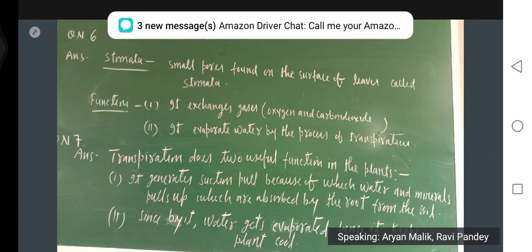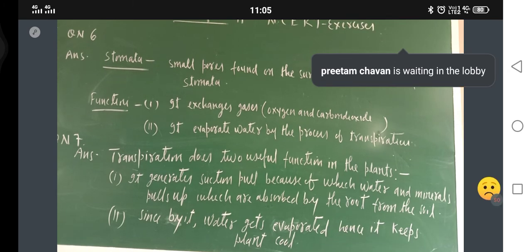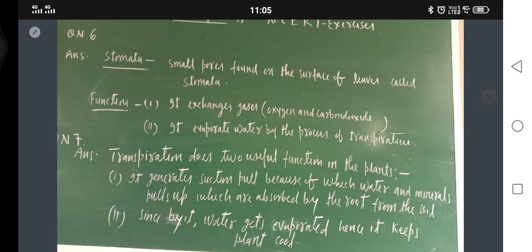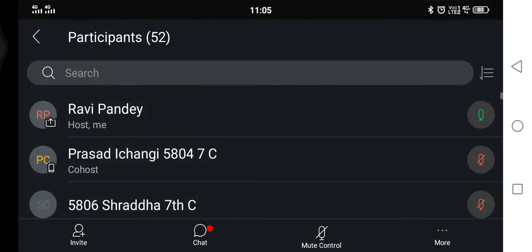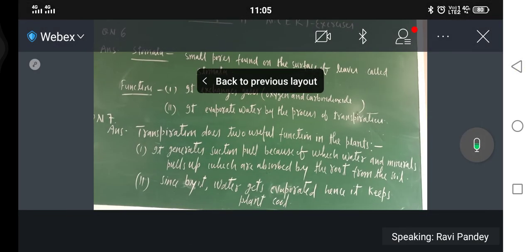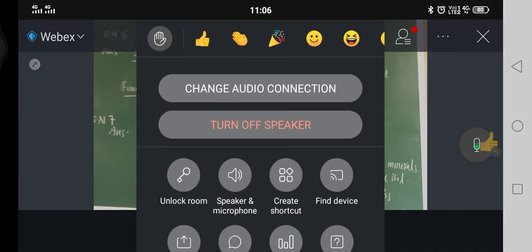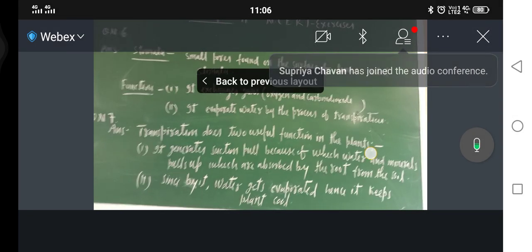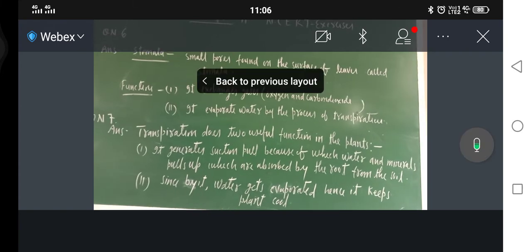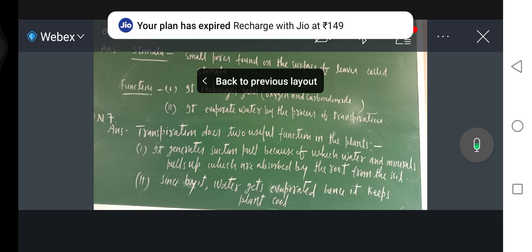Sir, when we get hurt, platelets come and clot that place. What tells platelets to do that? Platelets are helping in the clotting of blood. It is a very complex process, isn't it? In higher classes you will study. Your question is how platelets are useful in the clotting of blood, right?